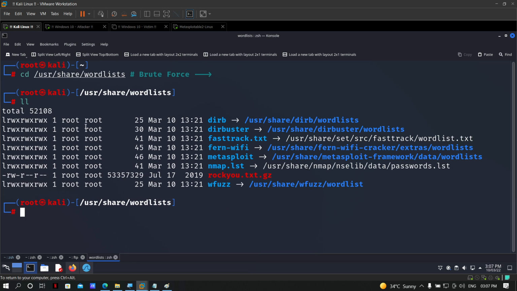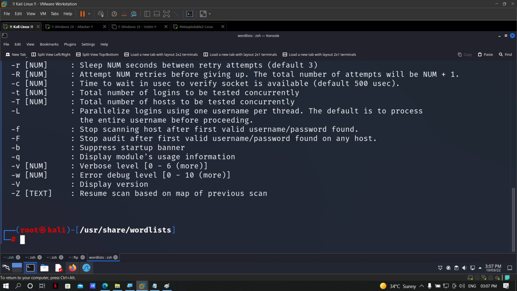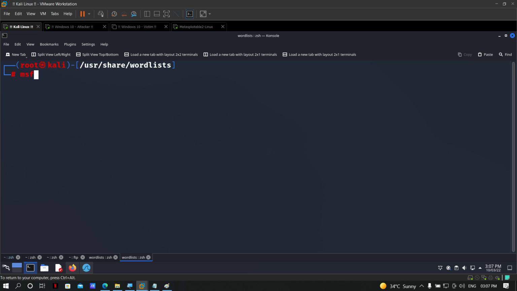Let's give it a check. So let's go with FTP. There are two commonly used tools. First one is Hydra and second one is Medusa that you can use to brute force usernames and passwords for common services. Let's go with one of them, and the one I'm going to use is Medusa because Medusa is faster. Medusa is better than Hydra. If you want, you can use Hydra, Medusa, both of them. Otherwise, if you want, you can go with MSF.